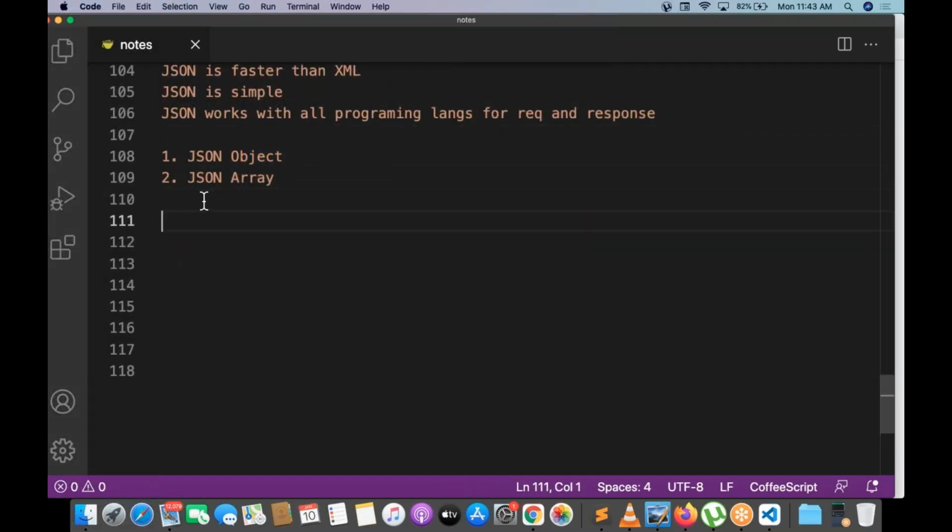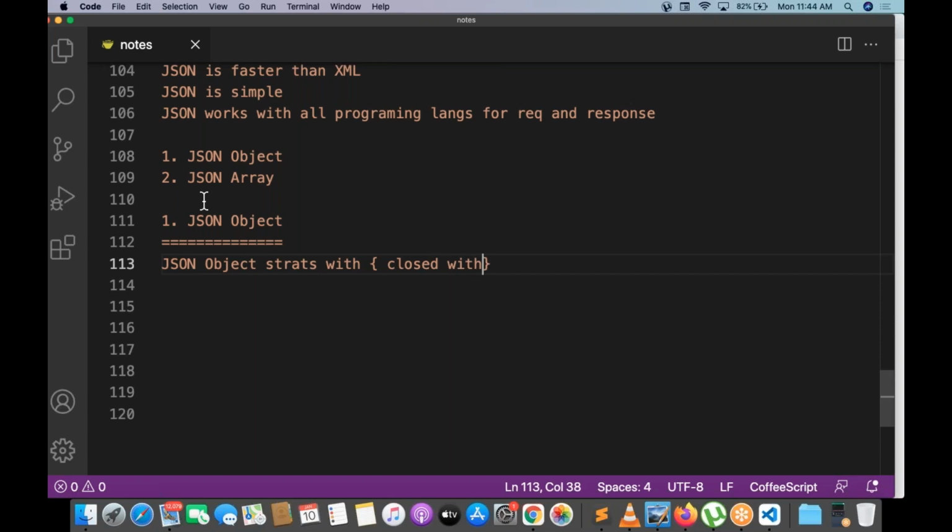So let us go with the JSON object first. JSON object starts with curly braces and closes with curly braces. And JSON object is a collection of key value pairs.